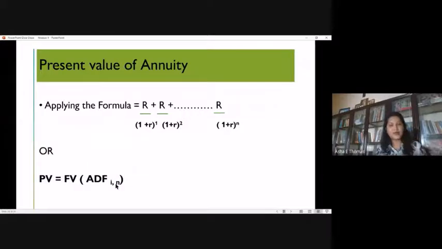And then the third one is annuity, which is nothing but equal cash inflows. Cash inflows for a stipulated period, maybe for 5 years or 10 years. There also I have 2 methods. One is I can compute using the formula, or the second one is I can take the discount factor from the annuity discount factor table using i and, as you say, n. i is the same as r. In certain cases it is used, that's why I've used both. i is the interest rate itself, r is also the rate of interest.